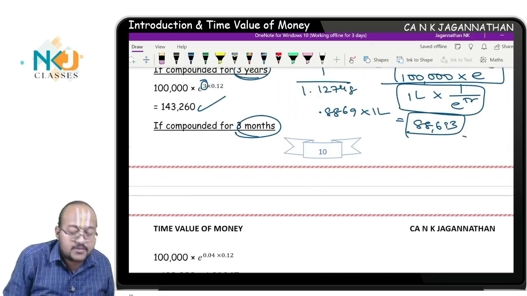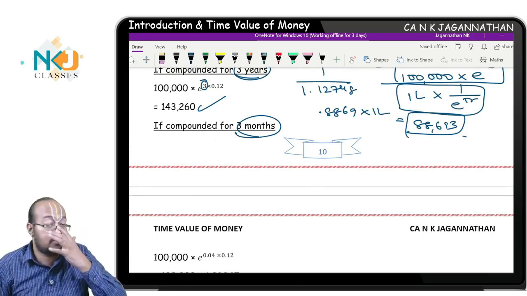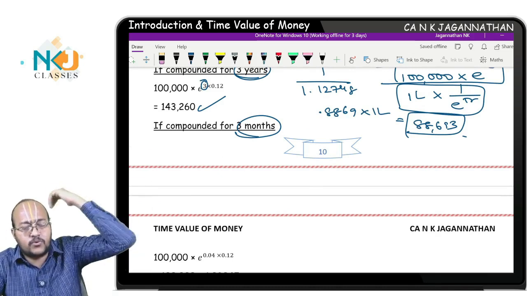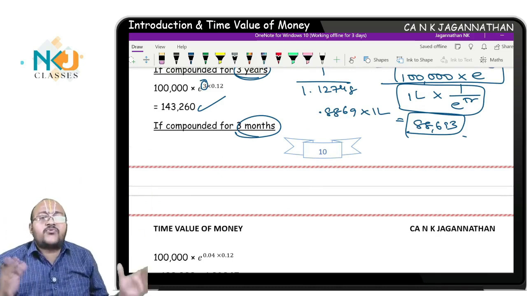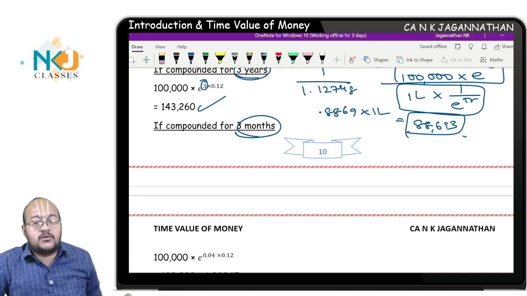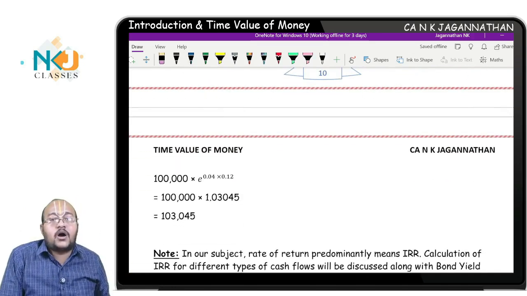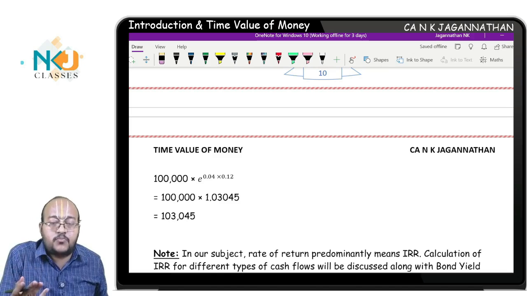If it is for 3 months, that is also possible. This is mostly what is used, because options and futures contracts are for 3 months period, 6 months period. We are going to learn throughout the derivative segment wherein 1 full year will not be there, but continuous compounding will be used. In that case, this is the most important topic. How to analyze this 3 months in yearly terms?